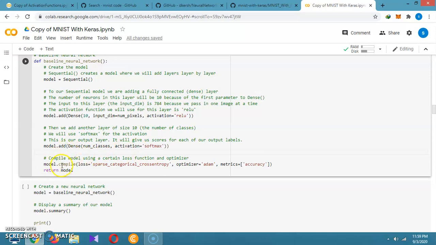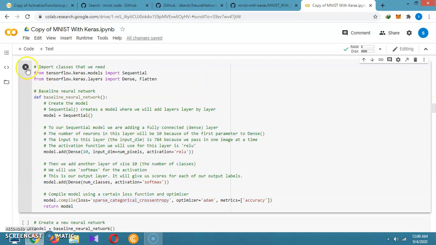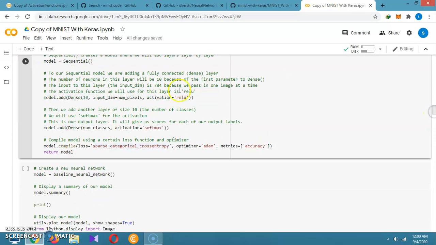We are again adding the dense layer, and again we are using one compilation function which is called model.compile, and we are using the loss function here. There are different types of loss functions available here. The sparse categorical cross entropy is available, and a sparse binary cross entropy function is also available, and we are using the metric as accuracy and returning the model. Instead of accuracy, you can also put loss function. It is not a big deal.